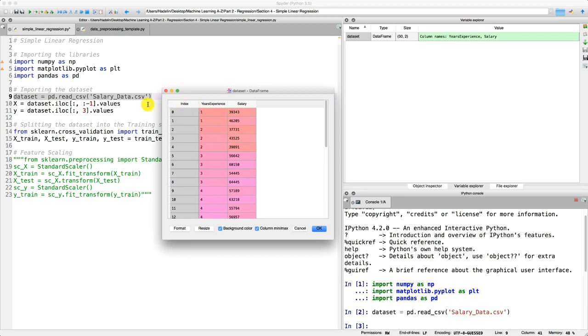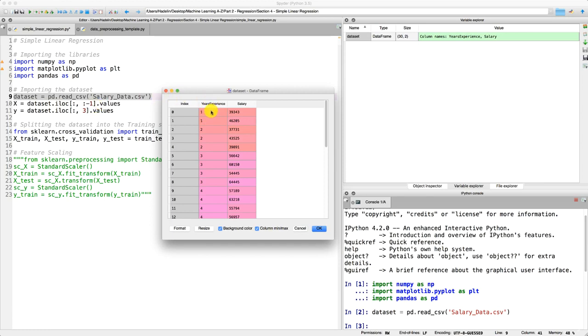Okay, and now let's see what we need to change here for X and Y. As a reminder, X is the matrix of features, that is the matrix of independent variables. Here, the independent variable is this variable here, the years of experience, the number of years of experience. And then the dependent variable is the salary. So our matrix of features here, which is taking the dataset and removing the last column of the dataset, that is the salary column, with this -1 here, will contain only one column,